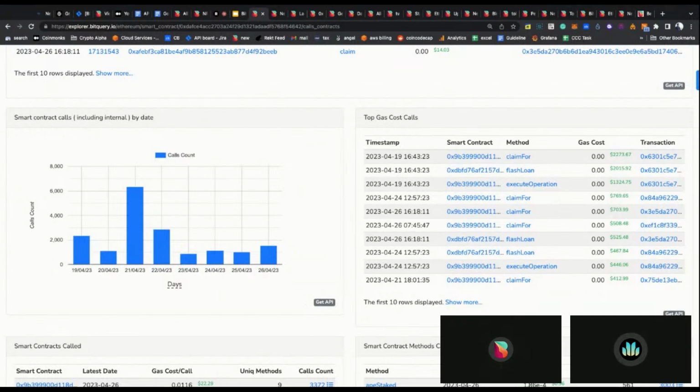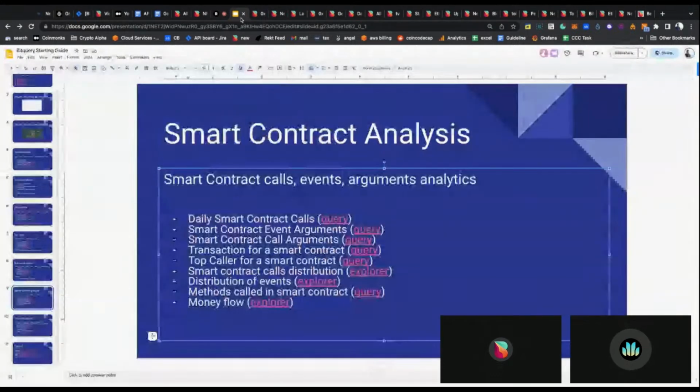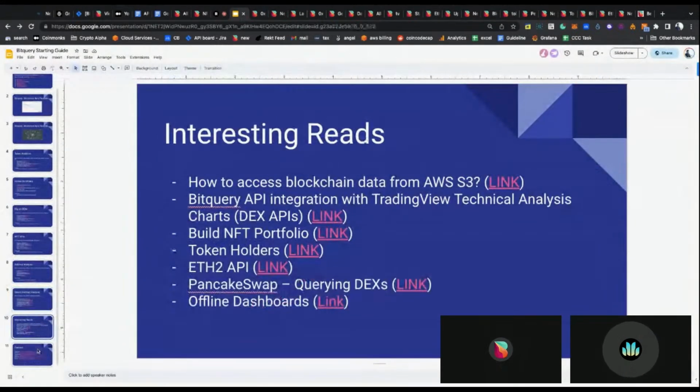Awesome. Exciting developments coming up for Bitquery. And we will actually be having a workshop with Bitquery in a month. On the 25th of May, we will be hosting a workshop. It will be a great opportunity for you to get some hands-on practice using the tooling. I am sharing the link in the chat right now. So if you want to get some hands-on experience, this will be a great opportunity. Do ensure to sign up to the event.